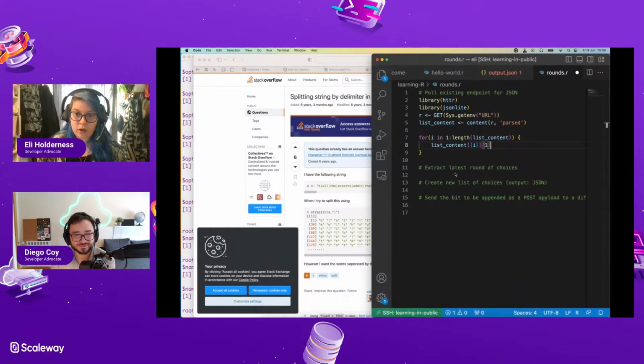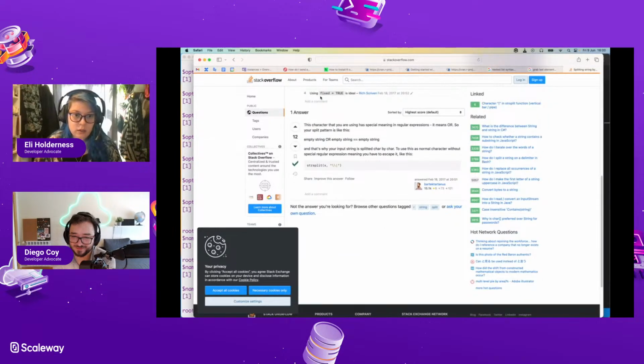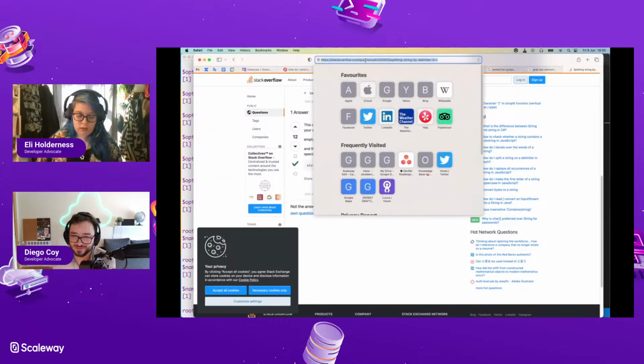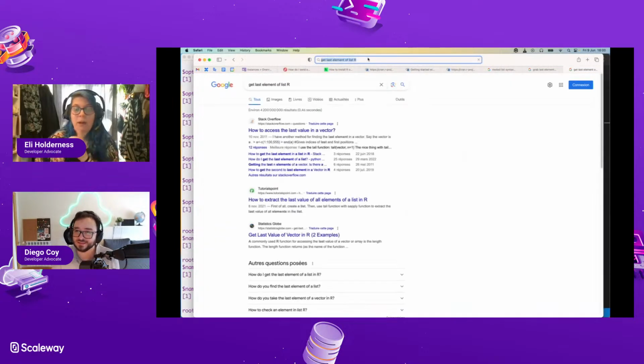So go back to my code, and what I actually want is to split that by this. No, those are ats because I'm on a Mac. That, and I want to print this. How do I get the last element of it? Indeed. Maybe index. Yeah, but oh, that's true.